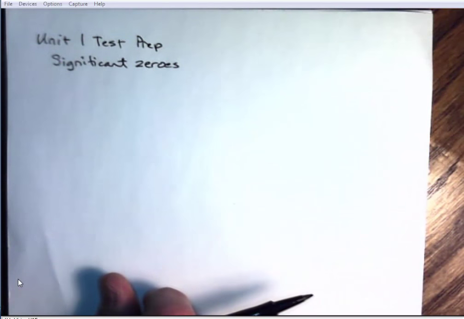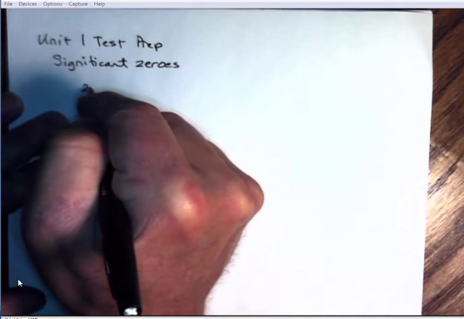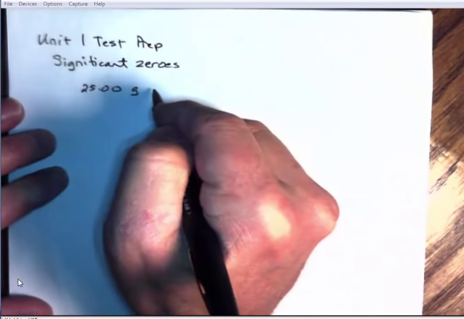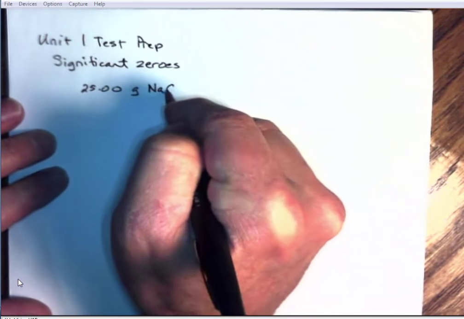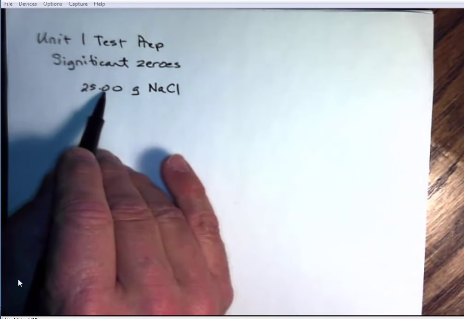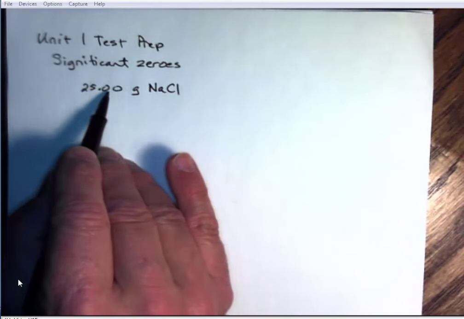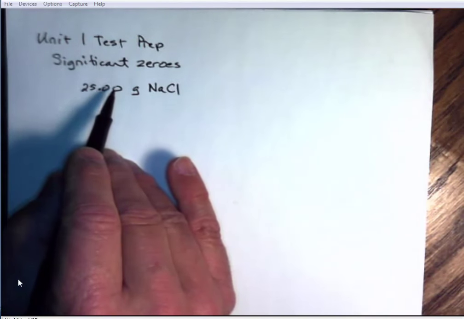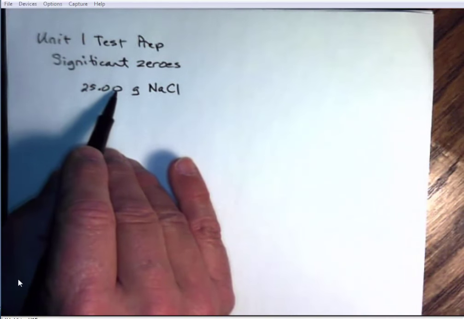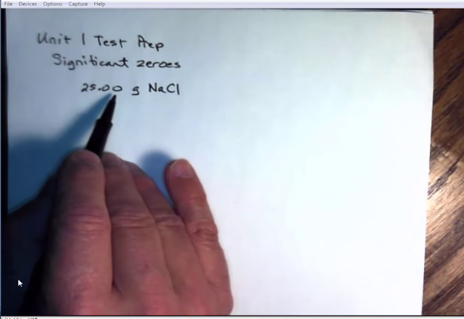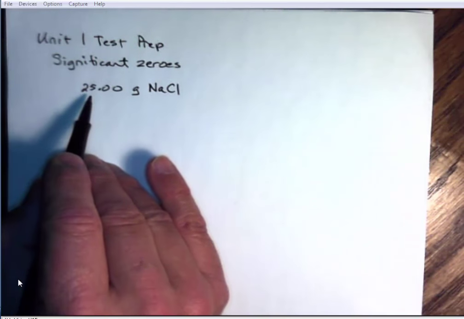Okay, if I'm measuring the mass of something and I get 25.00 grams of whatever the material is. Let's say, since we did a recent lab where we measured table salt, this is table salt. But if you think about it, those two zeros, well, those are significant. That's telling you something about the precision of the measurement, right? Because the measuring instrument measures to the hundredth of a gram. Well, that zero is important because it tells you it measures to the hundredth of a gram. If I only write down 2.5 and don't write the 0.00, well, you can't tell how precise the measuring instrument